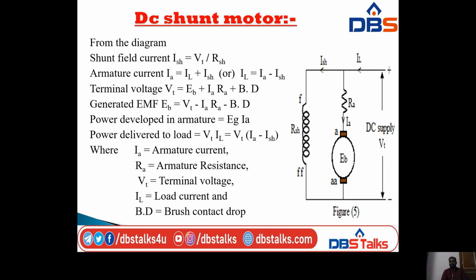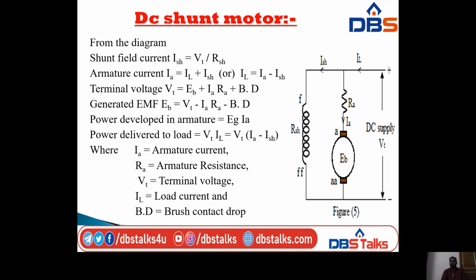That is Bd. Why am I not taking the shunt field current? The shunt field consists of a large number of turns and carries low current. That's why I am not taking the shunt field resistance drop, the field losses. That is, Vt is equal to Eb plus Ia Ra plus Bd. So from this one I am writing the generated EMF or back EMF Eb is equal to Vt minus Ia Ra minus